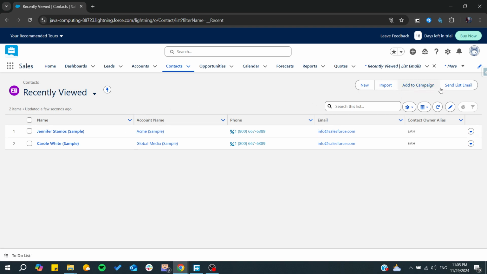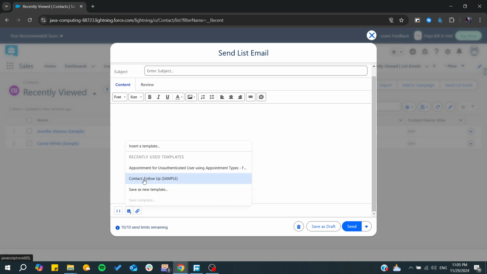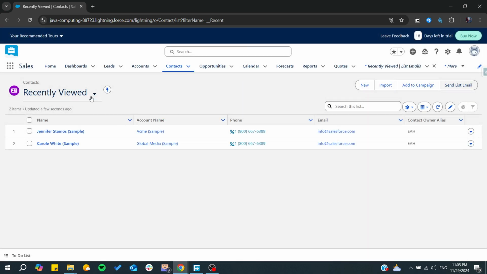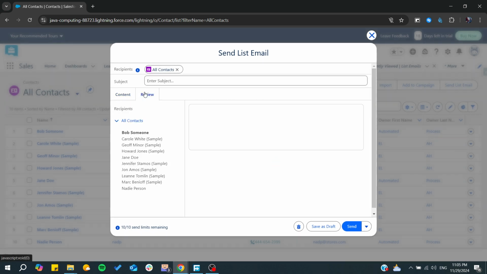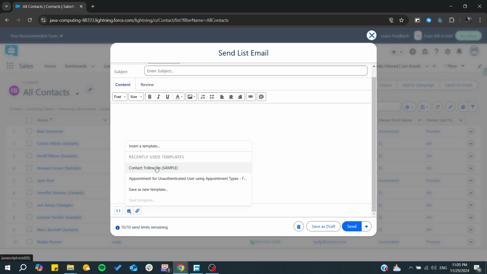So after that, you will need just to click on send list email. By clicking on send list email, you will need just to add the content of email. So here I'm just going to use again another template and you go to review it and simply we need to use this recipient. We need to just use all the contacts and for those we are just going to send list email. Make sure that they are all selected and again we will need just to use our templates